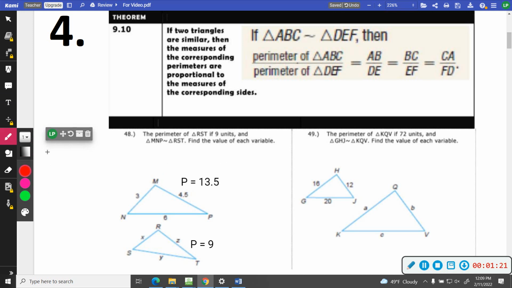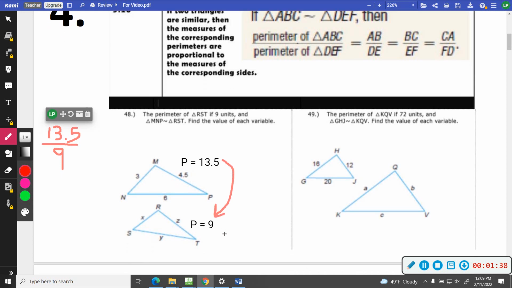So I'm going to set it up as 13.5 divided by 9. So I went this way,